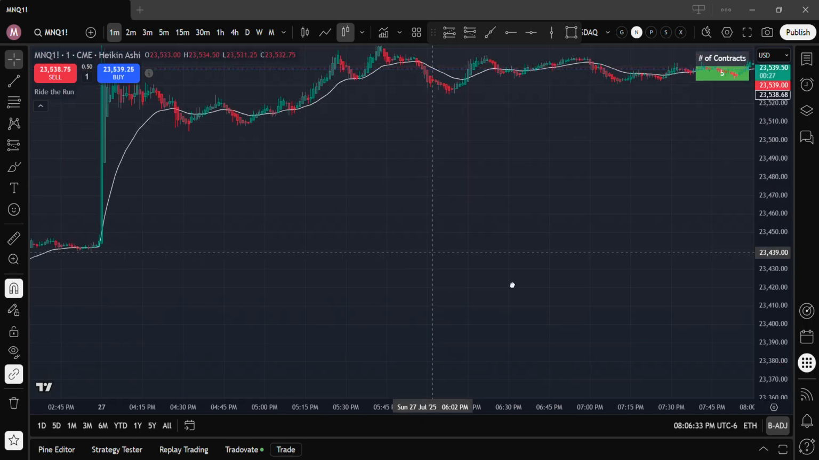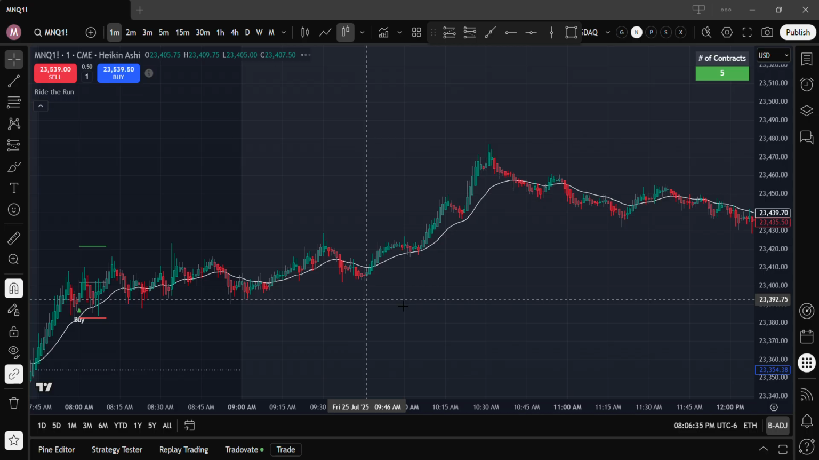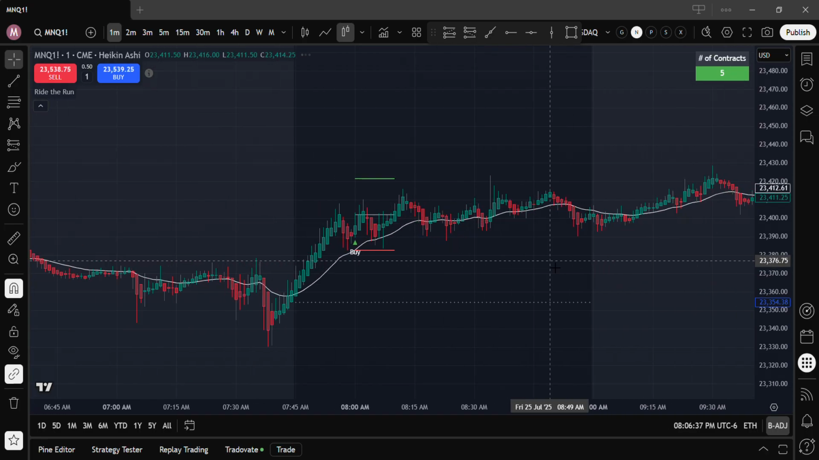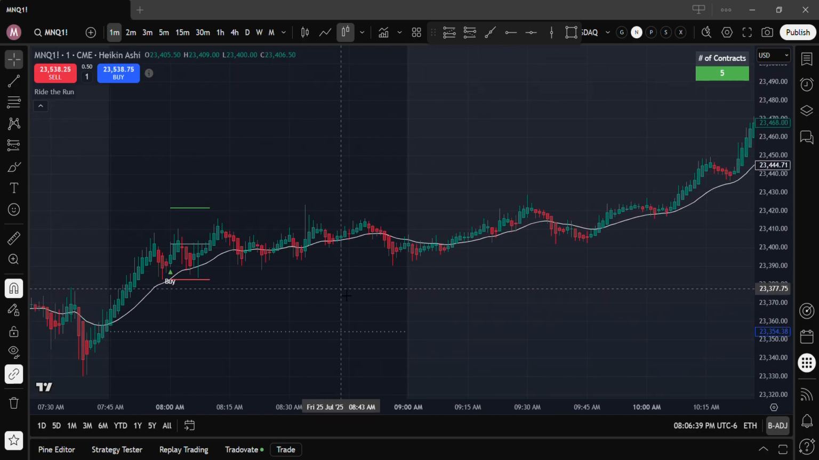So let's scroll over here to the chart. Just go back to the last day on our chart here for MNQ. And this is what the indicator looks like. It has a specified trading window that I have coded in. Basically, it starts at 7:45 my time to 9 a.m. my time,